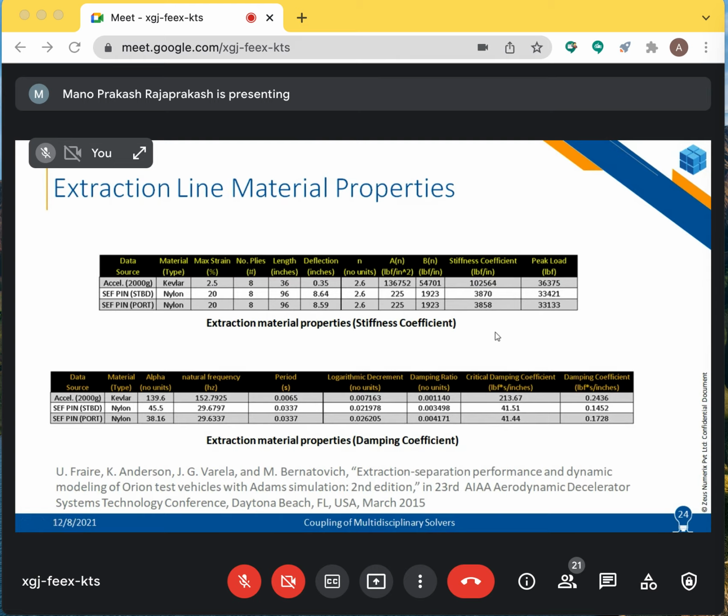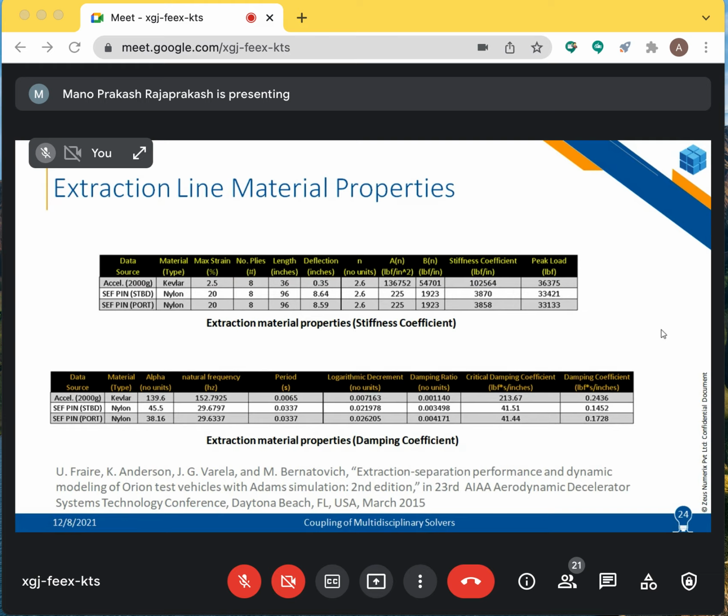Second, if you have the facility to conduct a ground static pull test, that is, a certain amount of load is applied on the rope, on the line on the ground, to see its behavior. Ultimately, you will get the stress-strain curve of the material as you do the static pull test. Based on that stress-strain curve, we can calculate the stiffness and the damping coefficients, and there are standard methods by which this can be calculated.